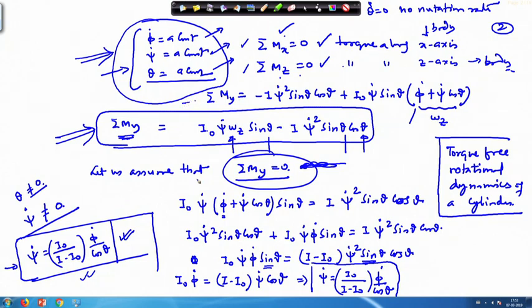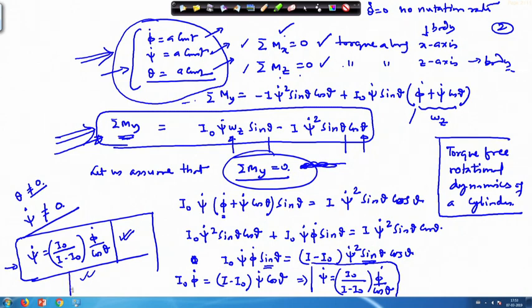Okay. So, the torque along the y axis is given by this equation. Okay. Thereafter, let us assume that the m y is also 0. So, this gets reduced to a problem where this is a torque free situation, okay, which we started with in the rigid body dynamics, and then we solved for this.